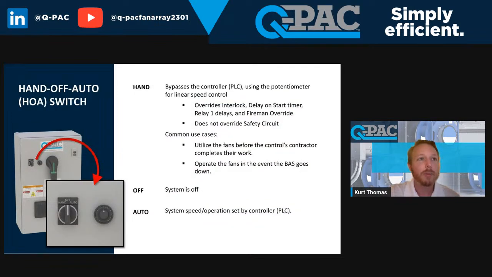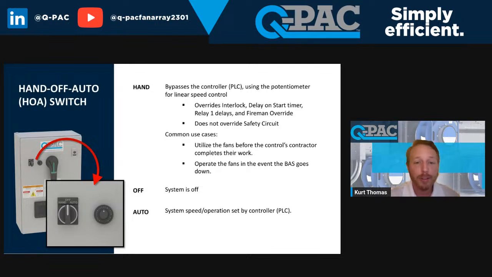All right, so we have an HOA switch built into our control panel. With our basic version, all of our control panels come with an HOA, and you feed our control panel 0 to 10. With our premium, it also comes with an HOA, and you can literally rip out our PLC. You can hit it with a hammer, do whatever you want to do, put it in hand mode, and it will still operate the fans.